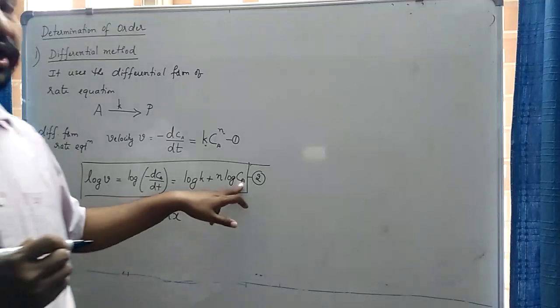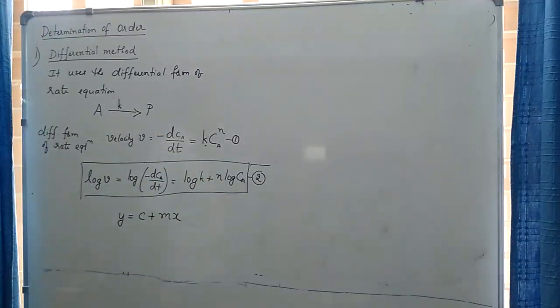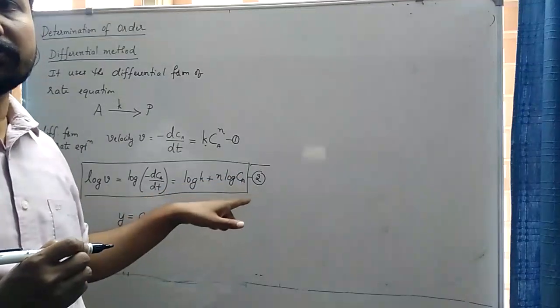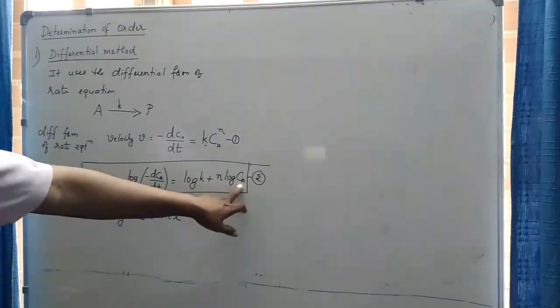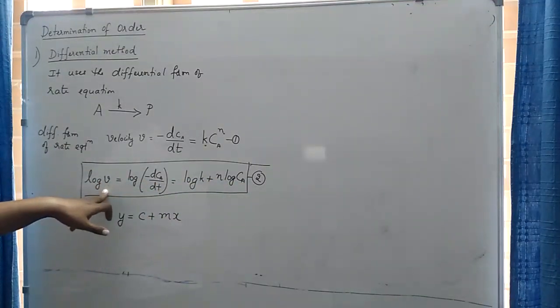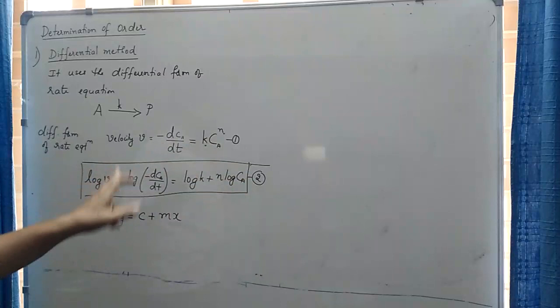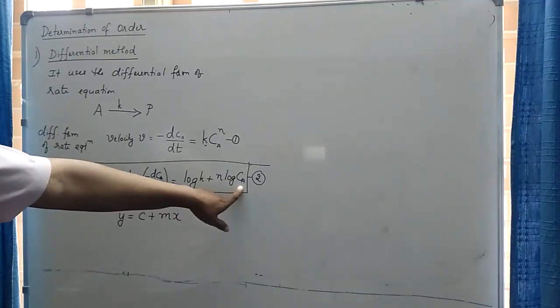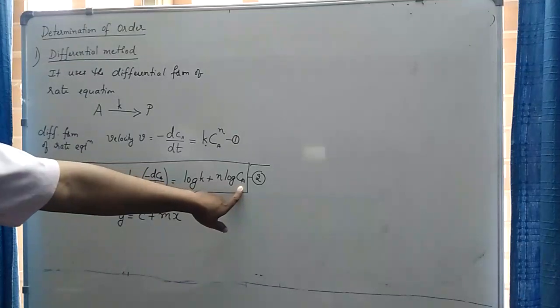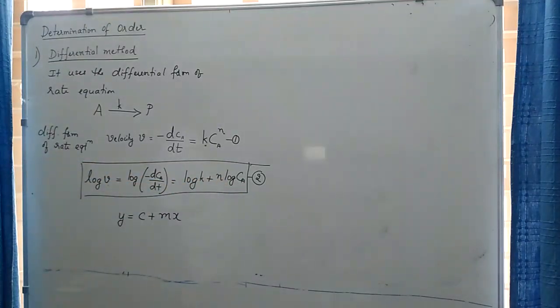The concentration of the reactant is not a constant. When a reaction occurs, the concentration of the reactant decreases with respect to time, and as the concentration of the reactant decreases, the rate of the reaction also decreases. So how can we experimentally measure these two quantities, concentration and velocity? If I know the values of concentration and velocity, then I can plot a graph of log V versus log Ca. So our first aim is to find out the values of concentration of the reactant at different time intervals and the velocity of the reaction at different time intervals.